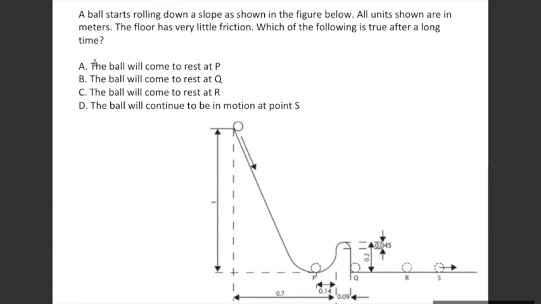You're given these options. The ball will rest at point P, which is this. The ball will come to rest at point Q, which is this. The ball will come to rest at point R. So after jumping over this bund which is there, it will come to point Q, and then it may jump here and then it will stop at point R slowly. Or it will keep on rolling ahead, like you see in the position S that is given, that the ball doesn't stop, it just keeps on rolling ahead.